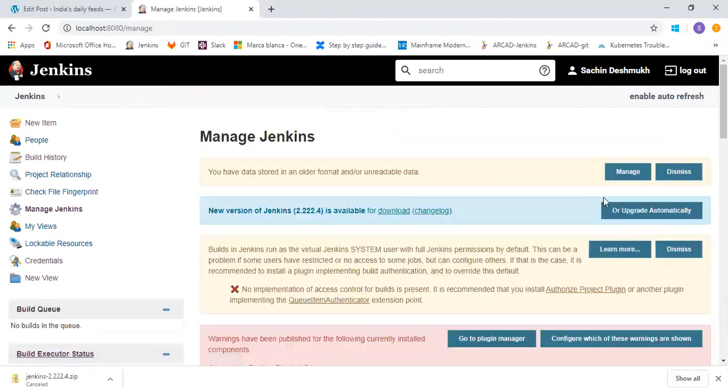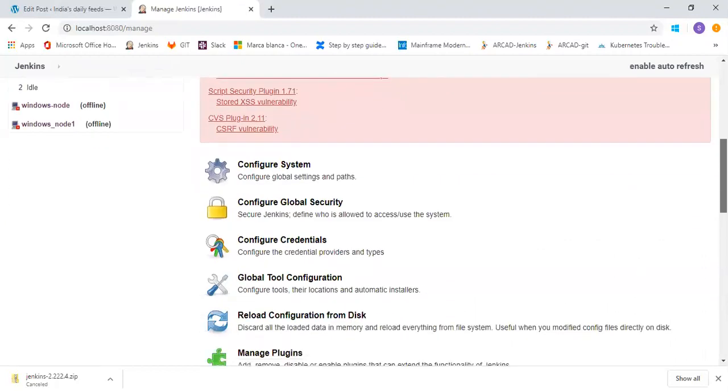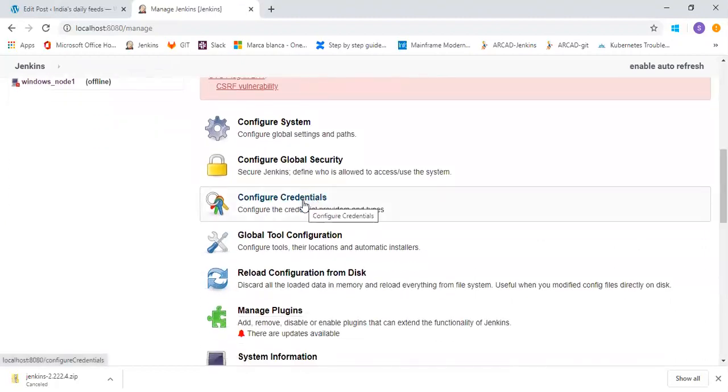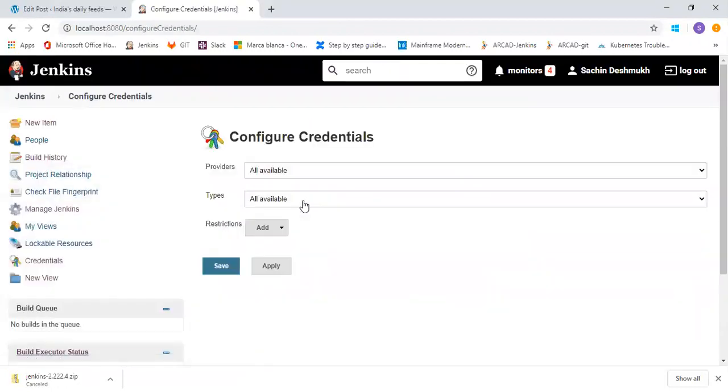Let's go to the next part, that is configure credentials. Whenever you are running any job or project on Jenkins, you may have to connect to Git or to Docker Hub. While connecting to those, you can't just hard code your passwords in your pipeline script.